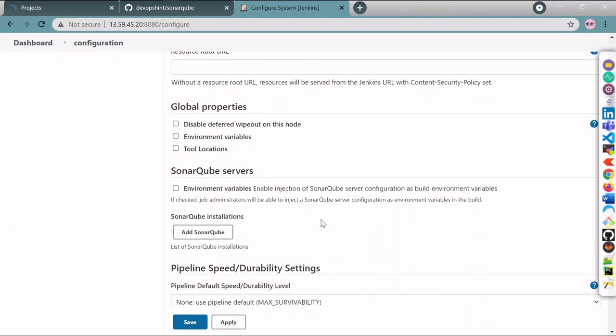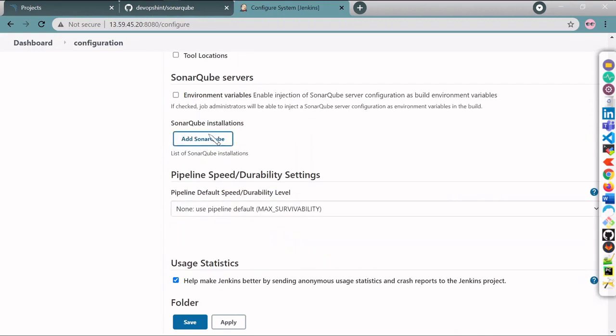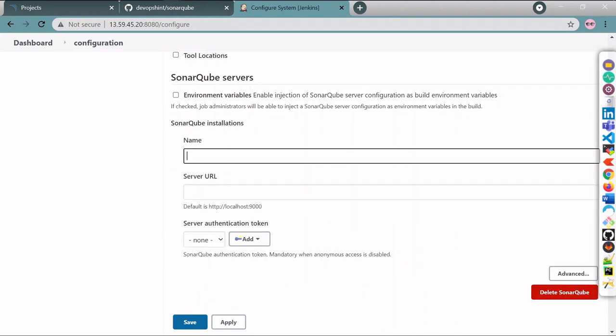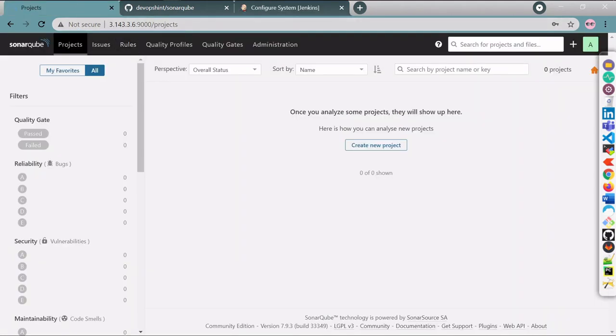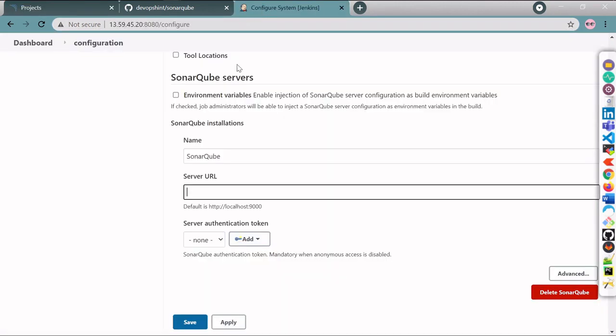And here you can see the SonarQube servers. So click on this Add SonarQube. Okay, click on this Add, and here you have to give a name for your server. Like I will give SonarQube. Okay, and here you have to provide your SonarQube URL. So simply copy it from here, along with the port. Okay, so copy this and simply paste here.